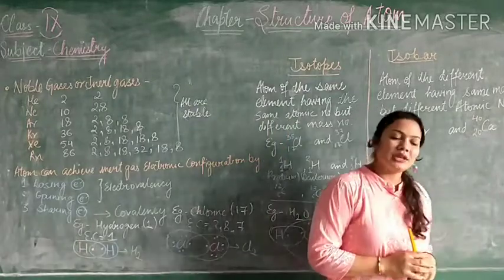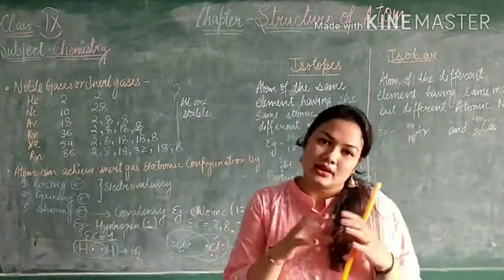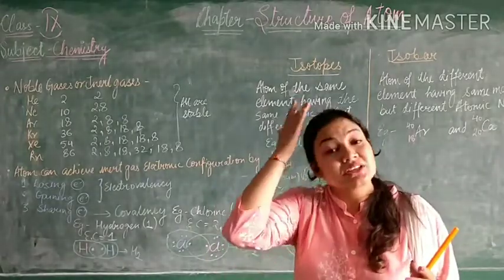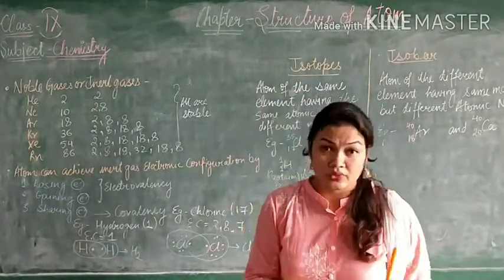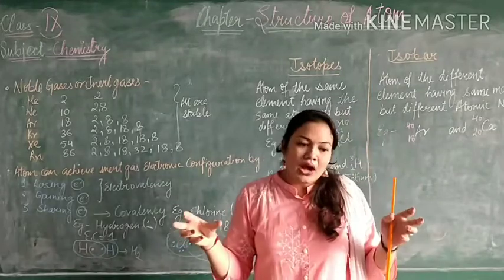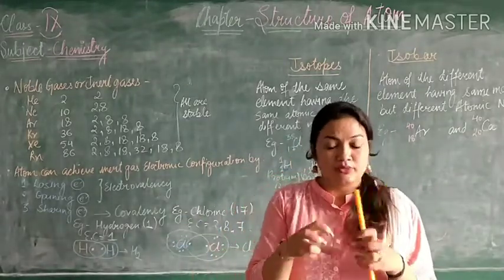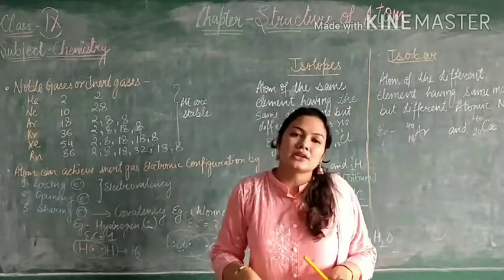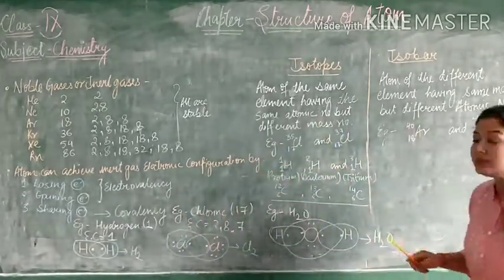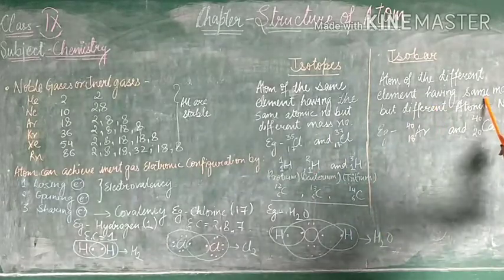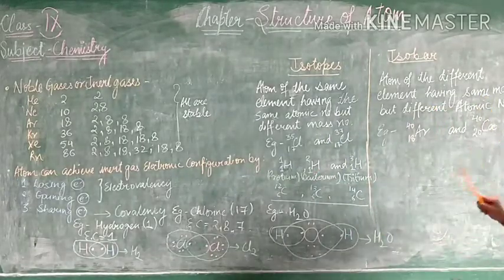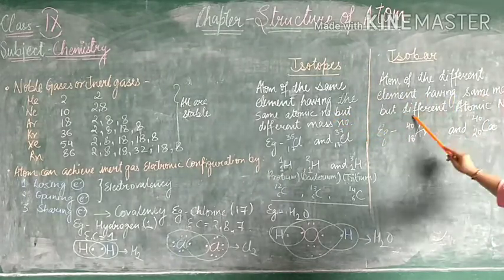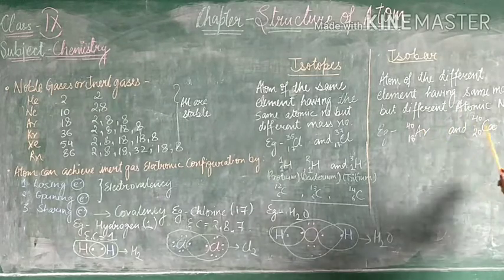In Dalton's theory he said that atoms of different elements have different properties, but it was noticed that there are a few atoms of different elements whose properties are the same. Their atomic number is different but the mass number is the same. In this way, it is the opposite of isotopes: same mass number but different atomic number. An example is argon and calcium.